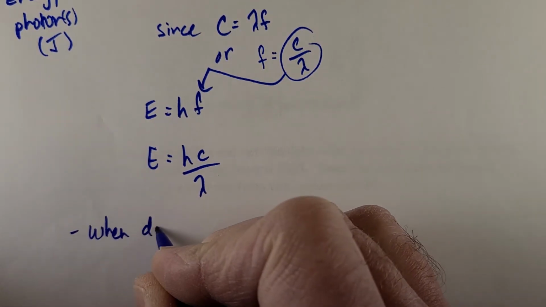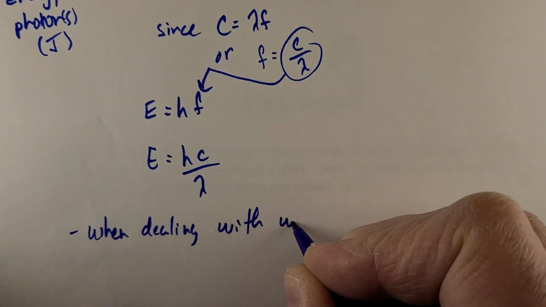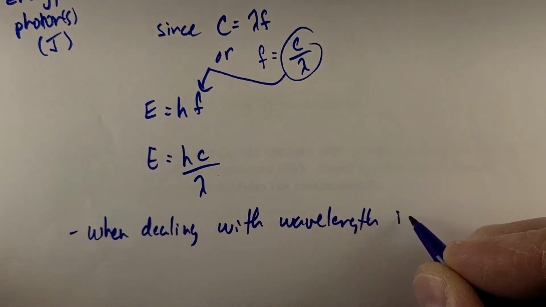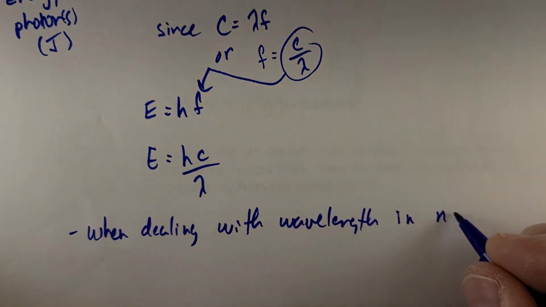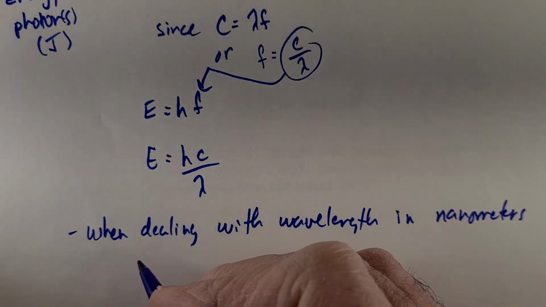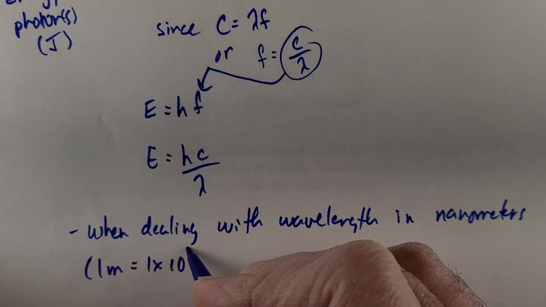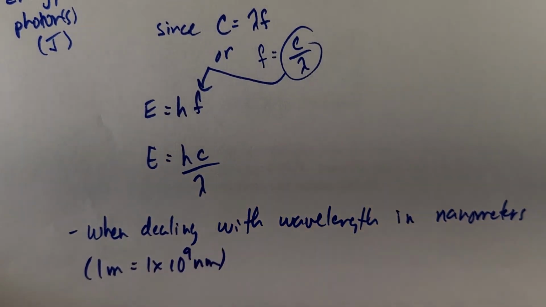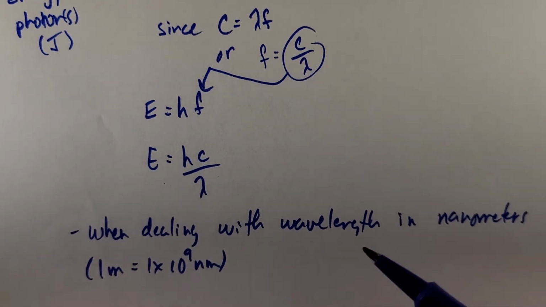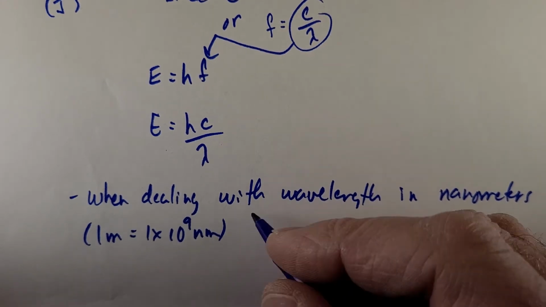So when dealing with wavelength in nanometers, we can easily convert from meters to nanometers and vice versa. So if we have it in meters in this section, we can convert it to nanometers. But since we do a lot of dealing with nanometers,